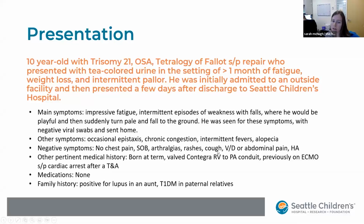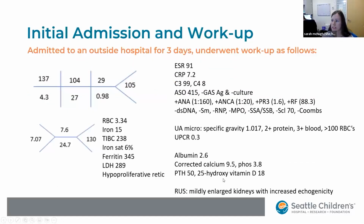His other pertinent medical history, he has a right ventricle to PA conduit related to his tetralogy of Fallot repair, and he'd previously been on ECMO after a cardiac arrest from a tonsillectomy. For family history, there is a history of autoimmune conditions, lupus in his aunt, and type 1 diabetes in some paternal relatives. His initial admission to Mary Bridge, he was admitted there for 3 days and underwent